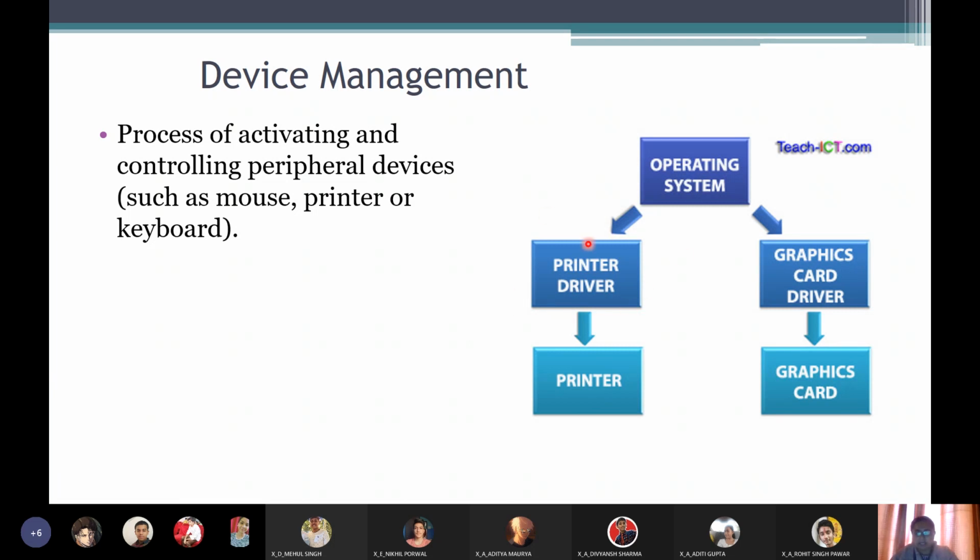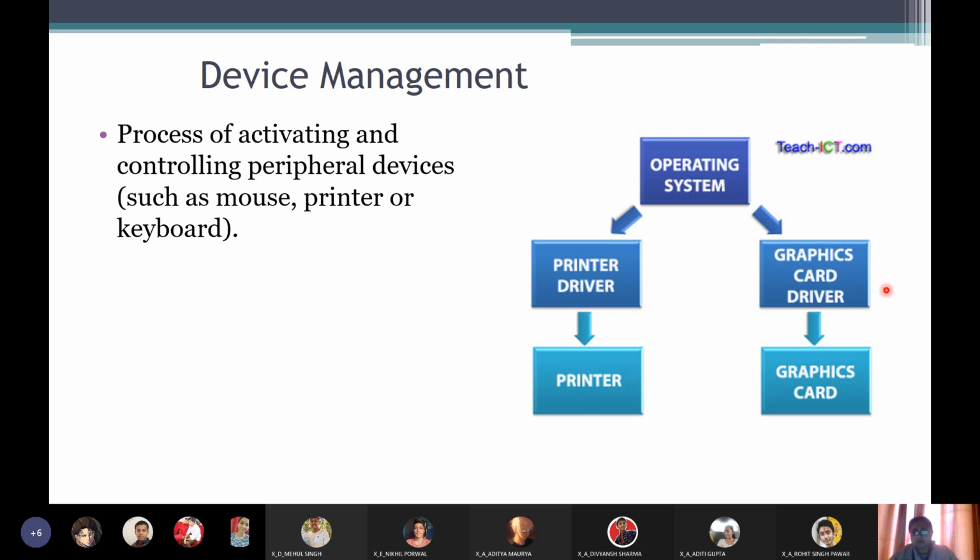A printer will have its own driver, which is a software that forms an interface between the computer and the actual device, because we want to use the printer. Without any device driver, it won't work. And the device driver is also a very important system software, students, as we had discussed before.